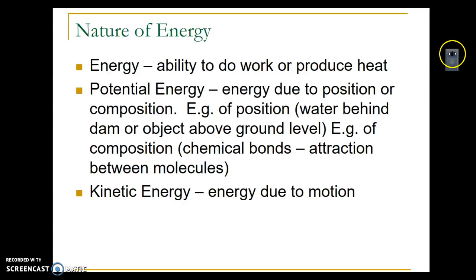Okay, so chapter 10 is about energy, and energy is the ability to do work or produce heat. Now, most of the time when we talk about potential energy in chemistry, we're going to be talking about the composition of chemical bonds. An example of something that has a lot of potential energy in its bonds are fossil fuels. So like gasoline, which is a lot of octane,